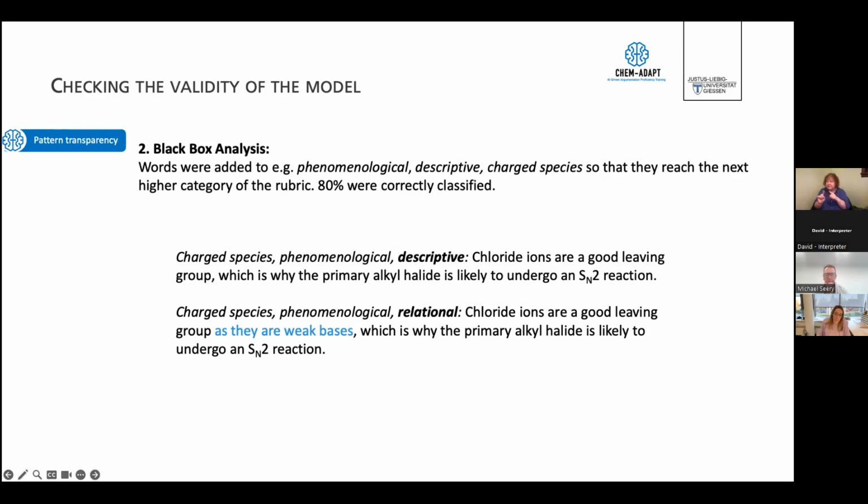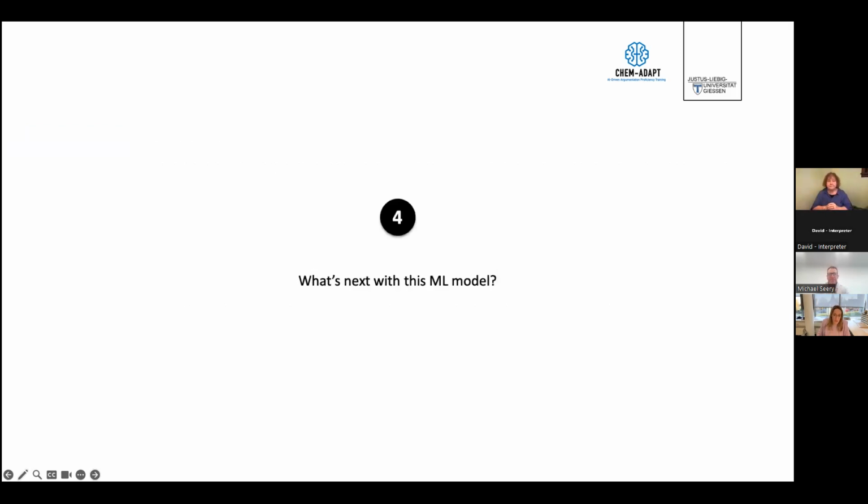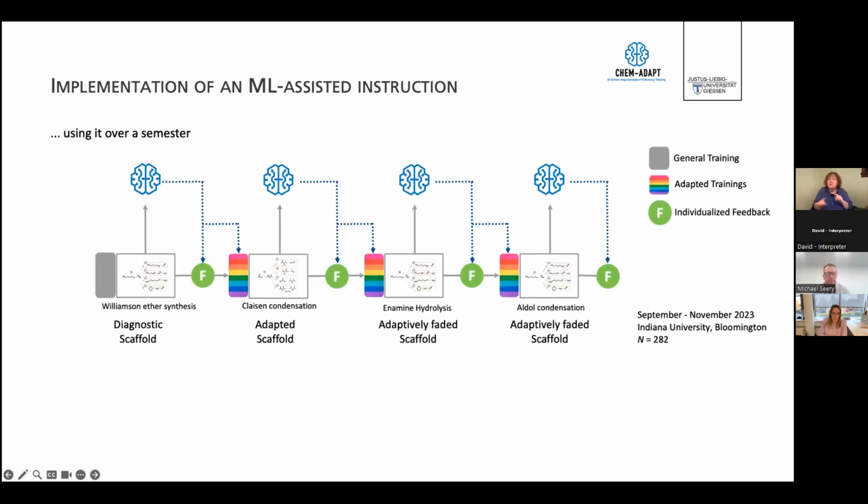So I haven't talked until now quite a lot on how we are going to implement this. So maybe you have that same question. What is next? We have talked about all the technical stuff and you've learned a lot of new terms, but what is next with that machine learning model? As I said, I had the plan to put that into practice, and we actually did that last year. So my vision was to implement that machine learning model over a semester and to longitudinally support students in their argumentation competencies. So we have again our 4 reaction task sets.